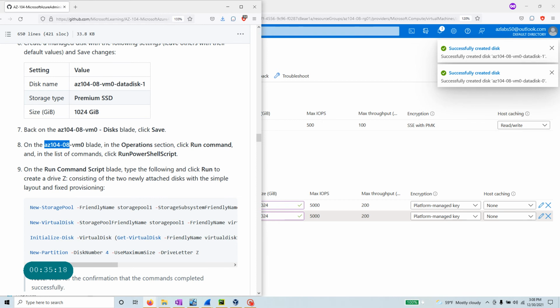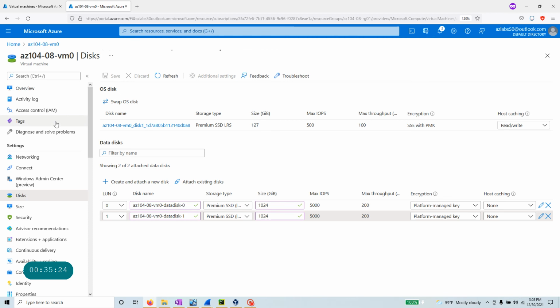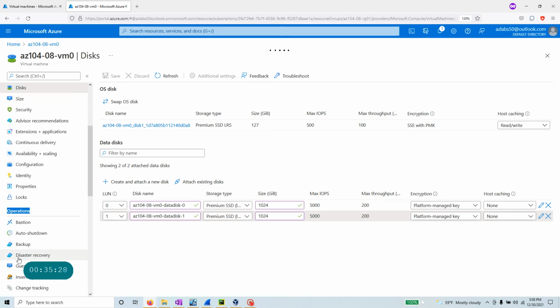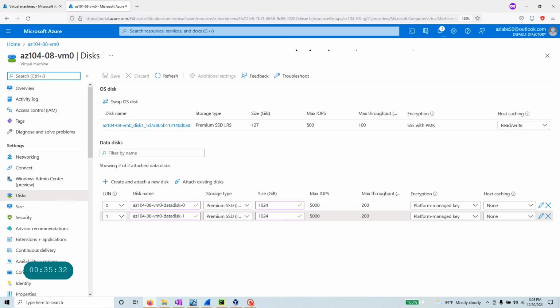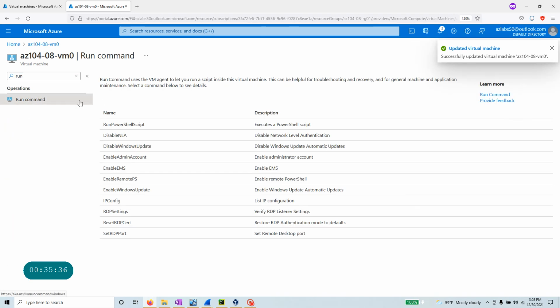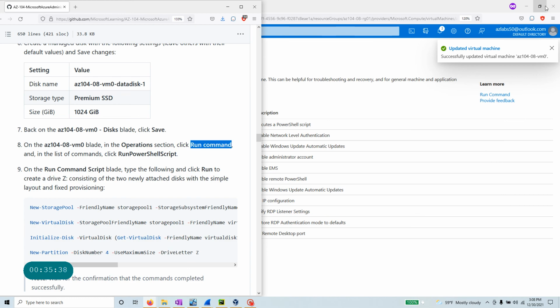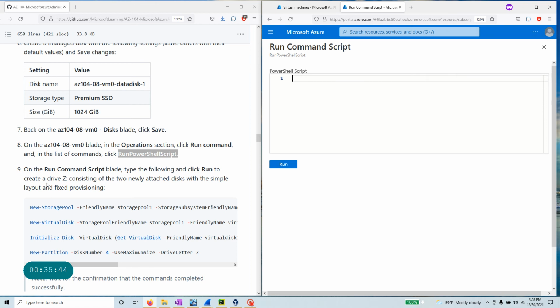Now on the AC104 VM0 blade in the operations section, click the run command. Okay, again, over here under this settings section, that's the operation. That is the run command. Again, I usually do run, and the run will show up. Click on the run command. So what run command do I need to run? Again, run the PowerShell script. So click on the PowerShell script and